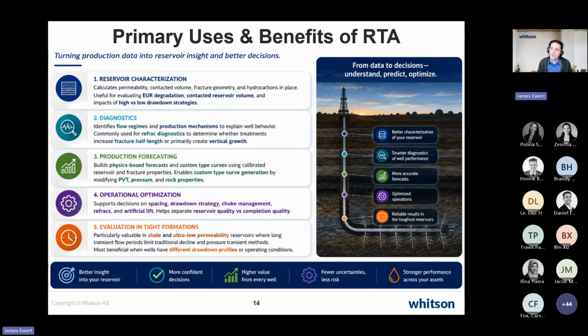So the skills we're going to go through today, the workflow that I'm going to teach you, is one that has treated me extremely well over the years. But I would say to you that if you have a pad of wells and they have the same drawdown profile, cum versus time is a great way to get a sense of which wells are better, which ones are worse. And so when we use RTA, we want to make sure we have a goal, we have a focus, because it's easy to get lost in the analysis. And I say that as someone who's guilty of that, right? Because I just enjoy the process. But you know, at an operator, you have to have a deliverable. You have to have. I mean, it all comes down